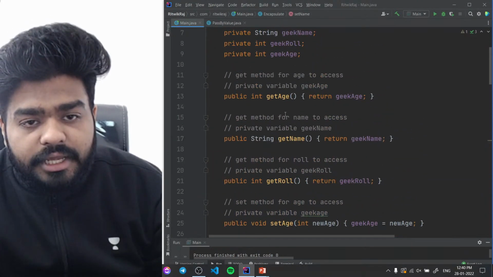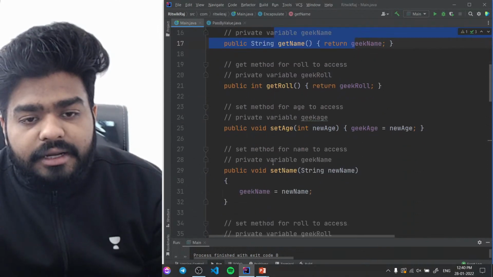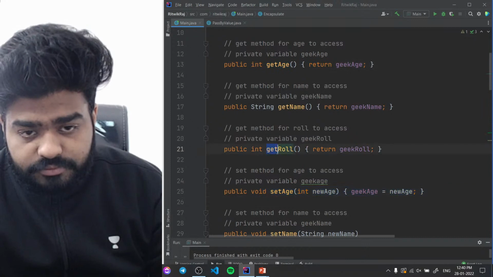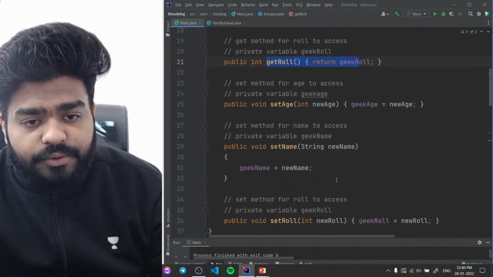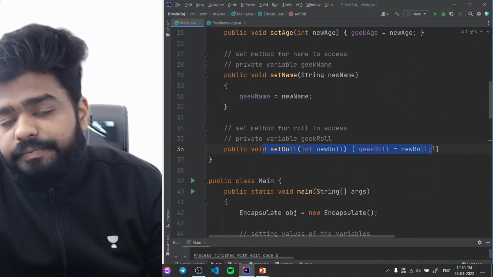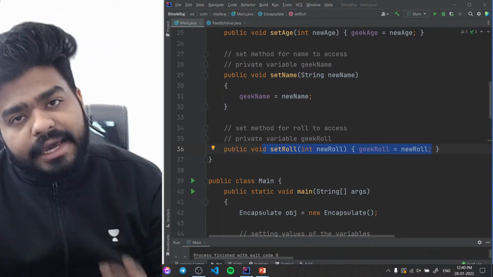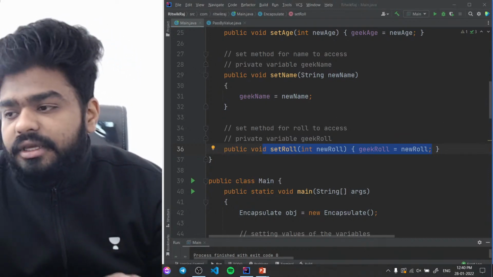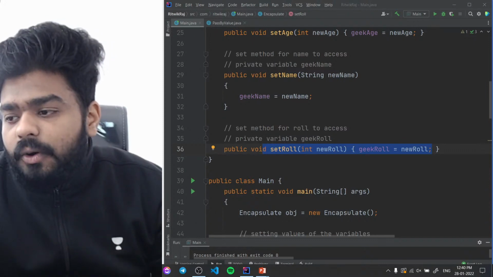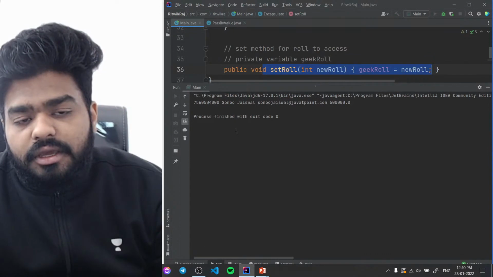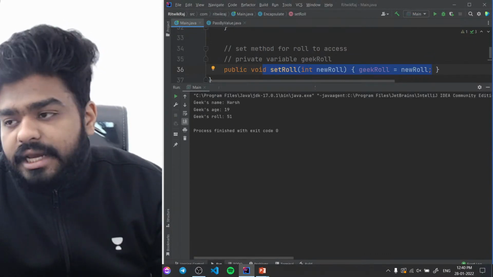So the get for name is here, and set, get age, set age, get role, where is set role? Set role. Same thing. So this is the same example. Everything is used like this in encapsulation. There is nothing different in this. All the examples are the same. If you run this you will get the output as you can see, the name, age and roll number, everything